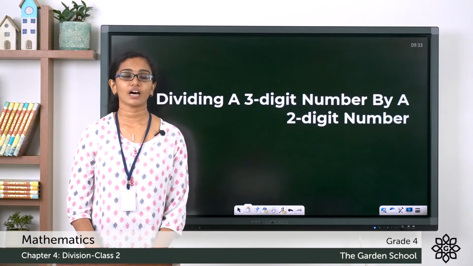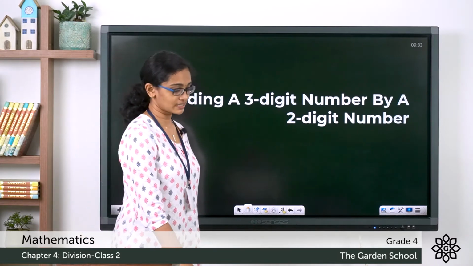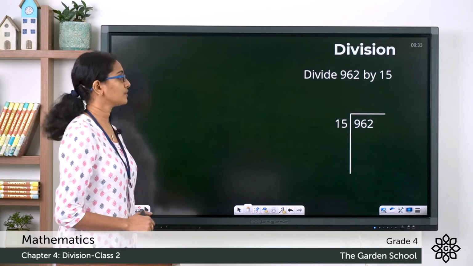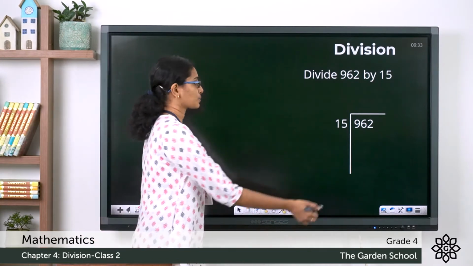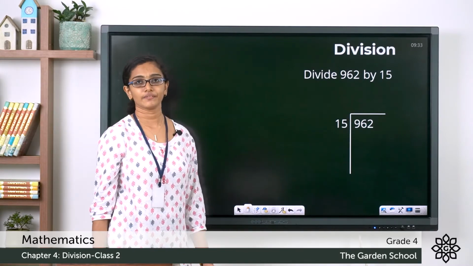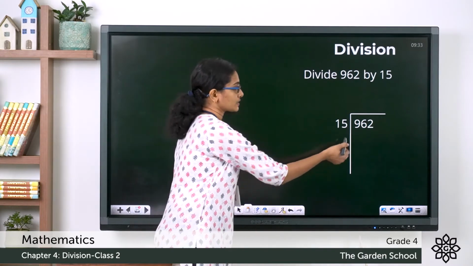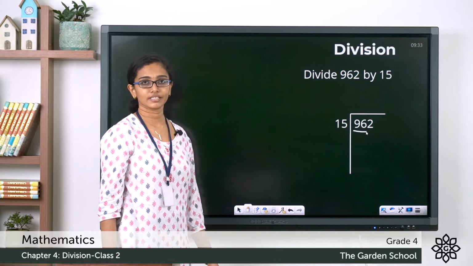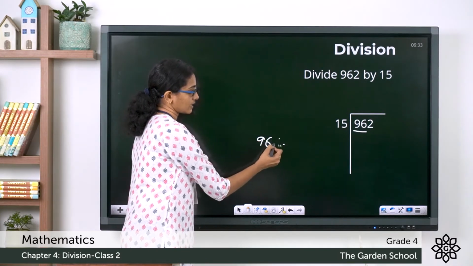Today we'll learn how to divide a 3-digit number by a 2-digit number. Look at this question given here. 962 divided by 15. So here we have the 3-digit dividend divided by the 2-digit divisor. Since we are dividing with a 2-digit number, let's look at the first 2 digits of the dividend, which is 96 here. So we are going to divide 96 divided by